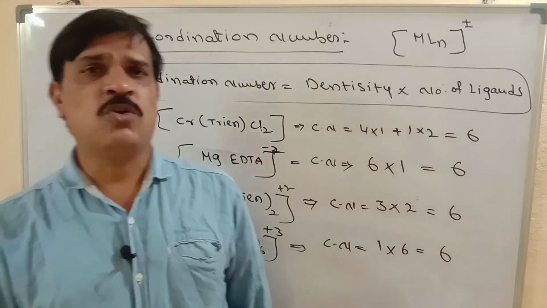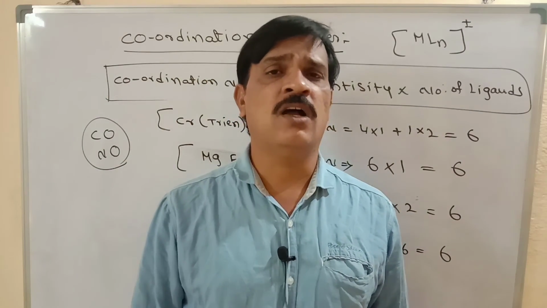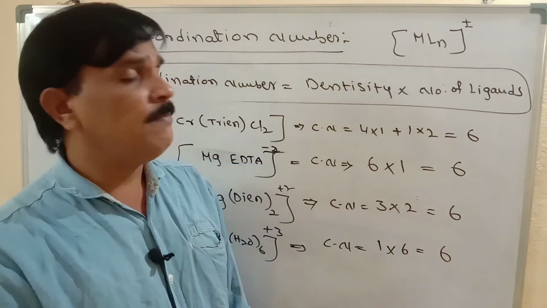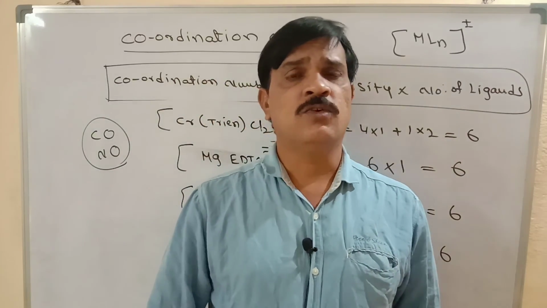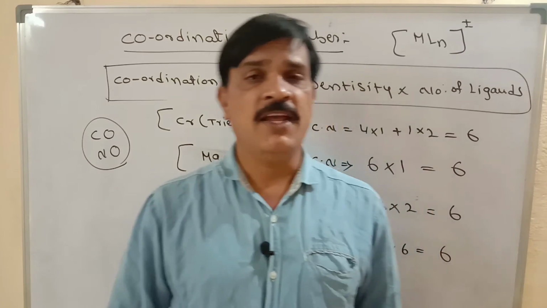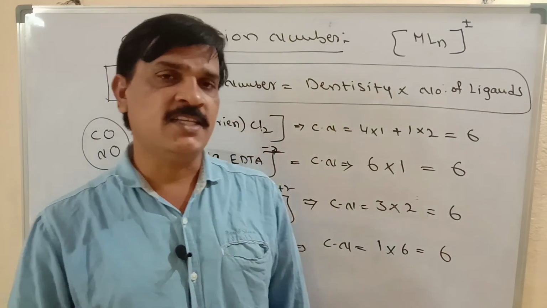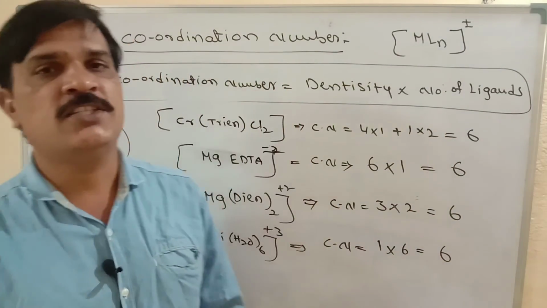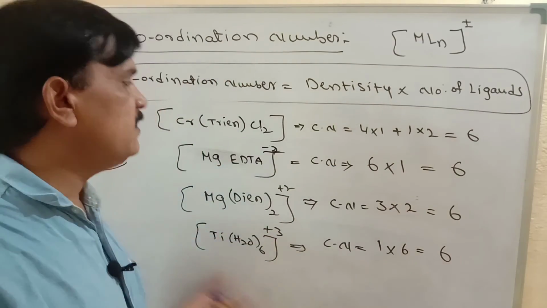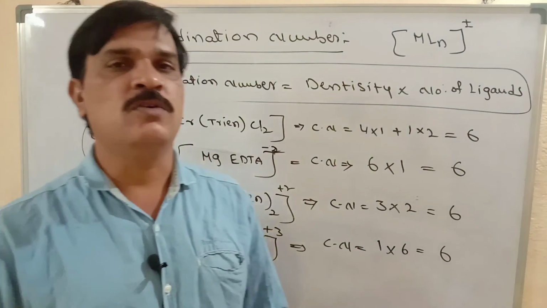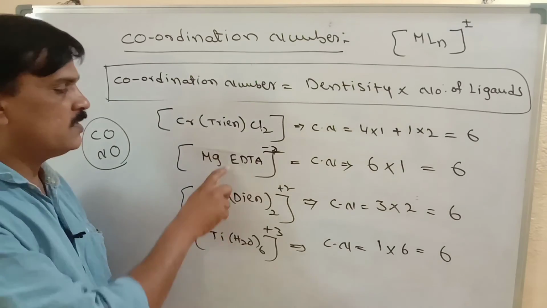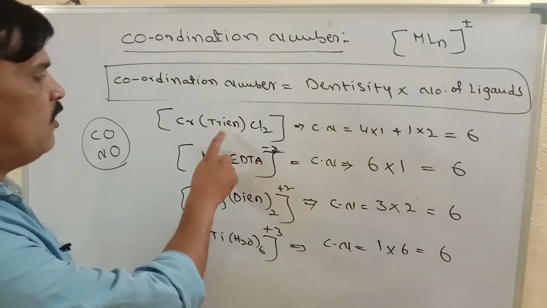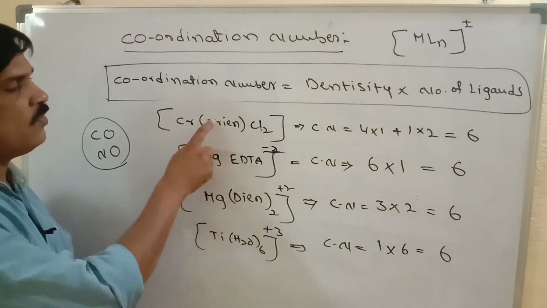But sometimes coordination number is linked to the oxidation state, so how to remember the coordination number? Based on oxidation state, in the next video I will discuss oxidation state of complex compounds. Please follow this method for the calculation of coordination number and practice. I have given different complex compounds here. We know simple complex compounds' coordination number very well, but we have to know these different types of complex compounds' coordination number.